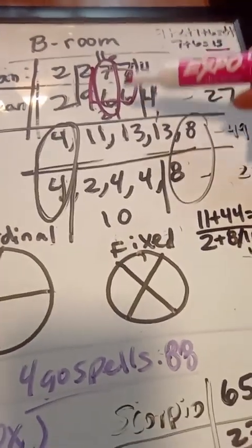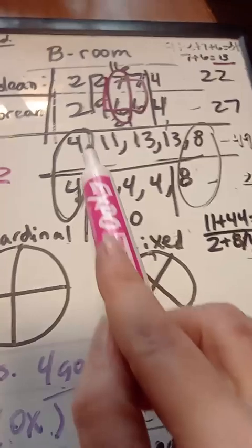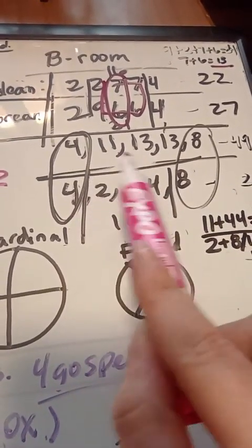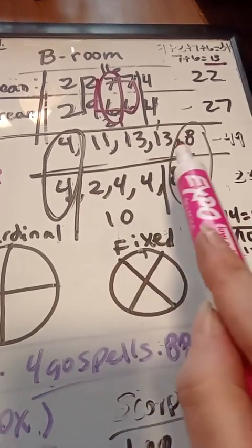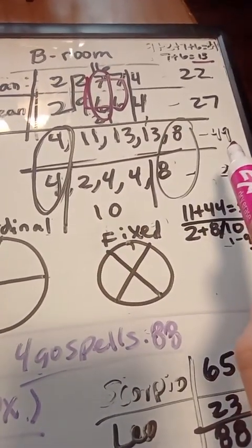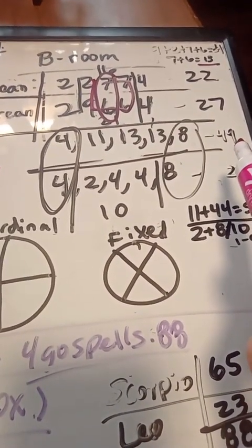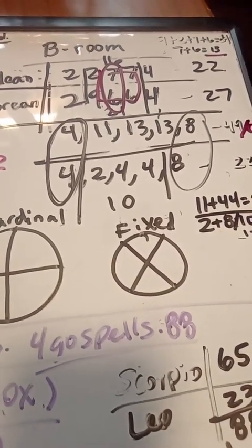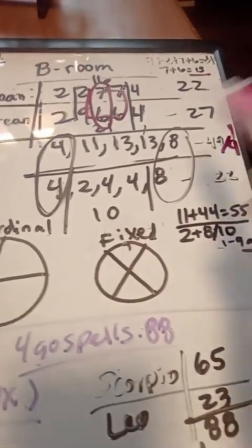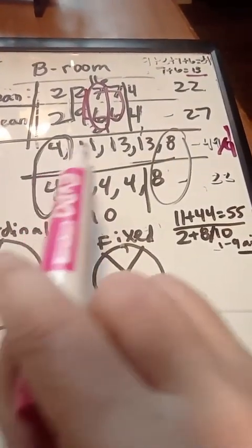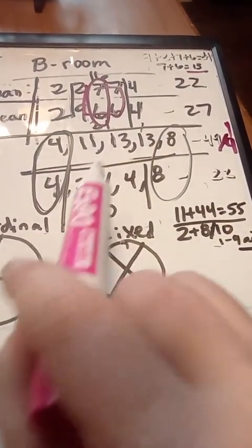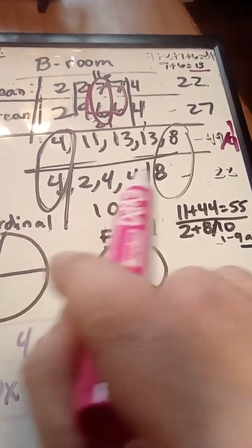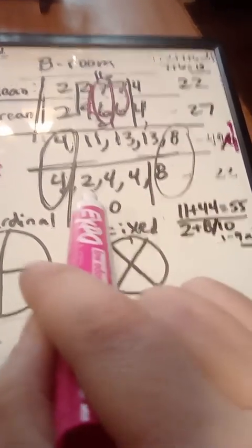I take these numbers and I add them here for the second dimension. I get 4, 11, 11, 4, 11, 13, 13, and 8. And this equals 49. Okay, 4994. You got your 99 Jupiter hiding in this with your 44 books. Okay, and then you take these numbers here and we'll bring them down to a single and we'll get 2, 2, 4, 4, 8. Okay, and when I do it like this,